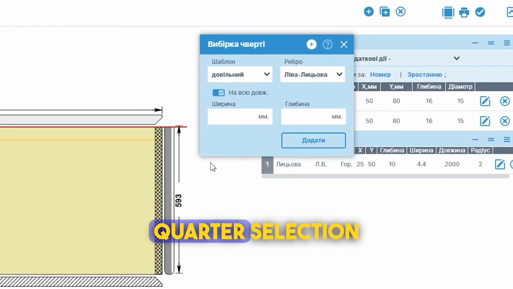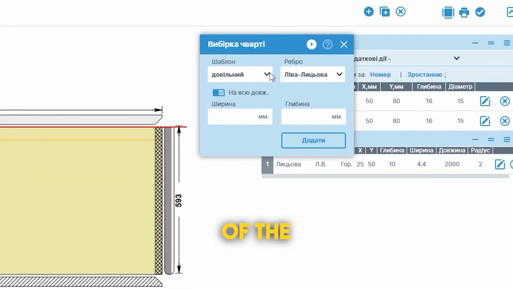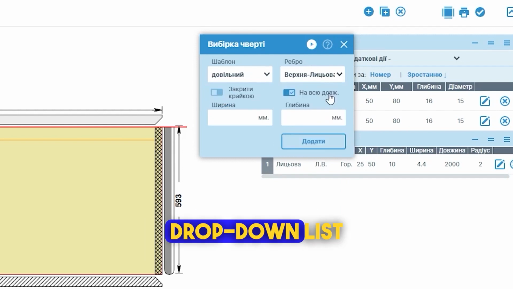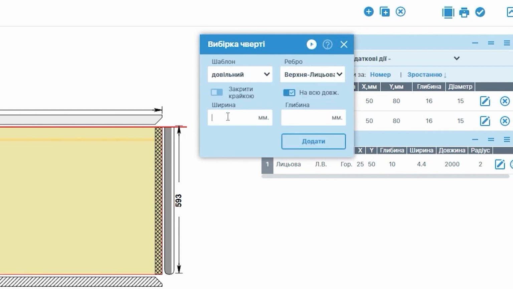Next, we have the quarter selection. We can set a custom quarter for the entire length of the part or place it with an offset. Let's keep the entire length checkbox activated and select the upper front edge from the drop-down list. Let's set the width to 20 mm and the depth to 15 mm. If needed, we can also check the box to close it with an edge, but for this option, the width value should be between 1 and 6 mm. Let's leave this setting as is and click the add